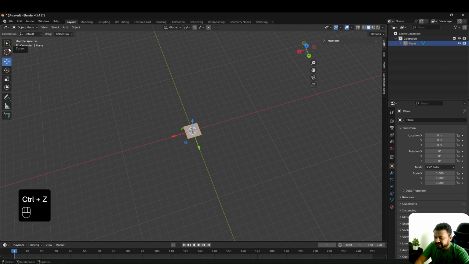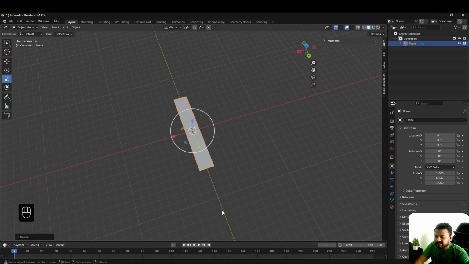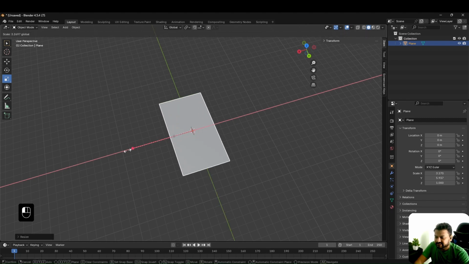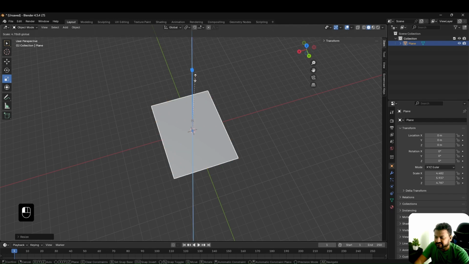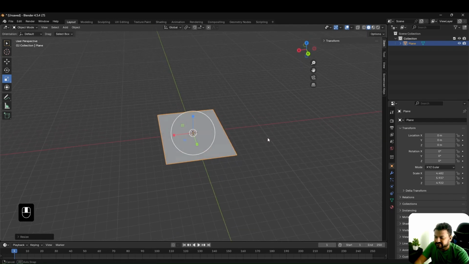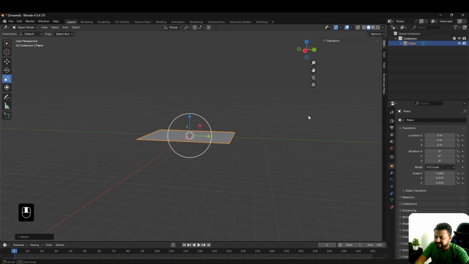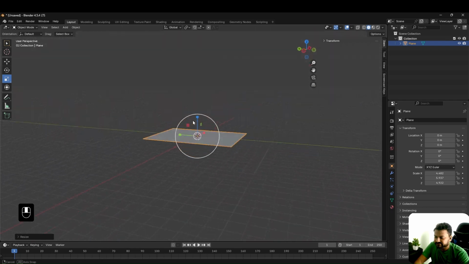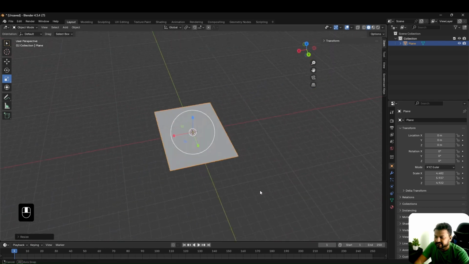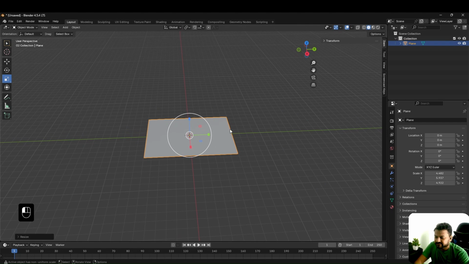And here on the left side you would have a couple of options. One option is scale. So scale is very useful if you want to scale y direction, x direction or the z direction. Okay, so if you see, this is how the scaling is working for a plane. Okay, simple object. Now there are a lot of things you can do here. So this is simple